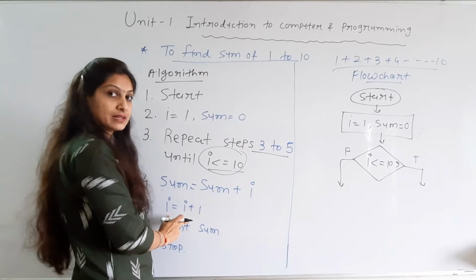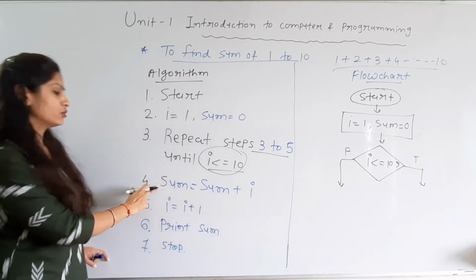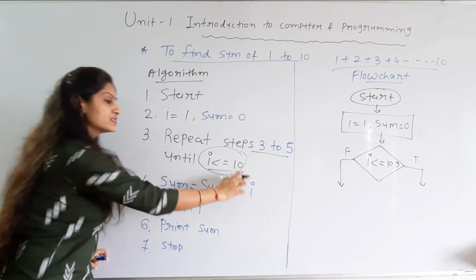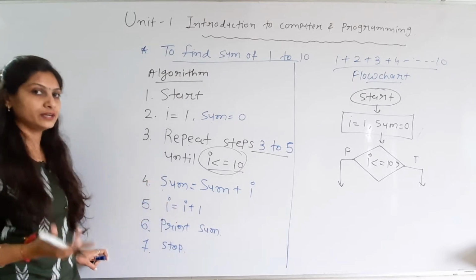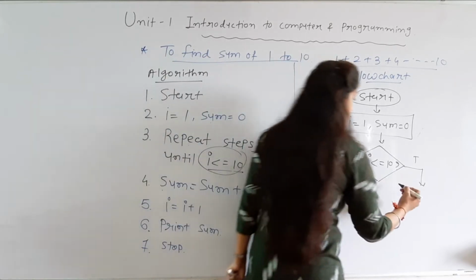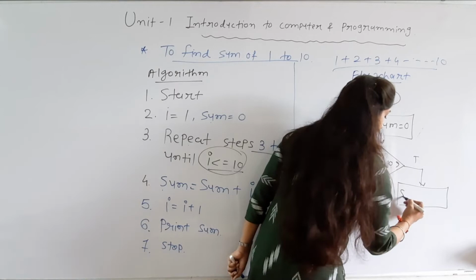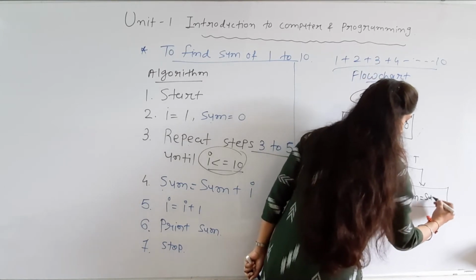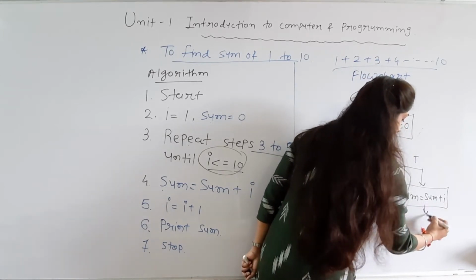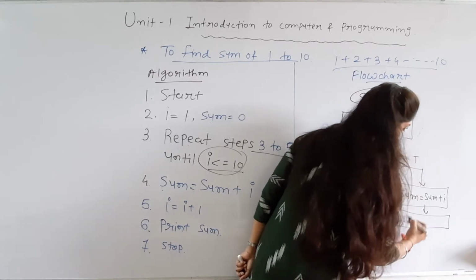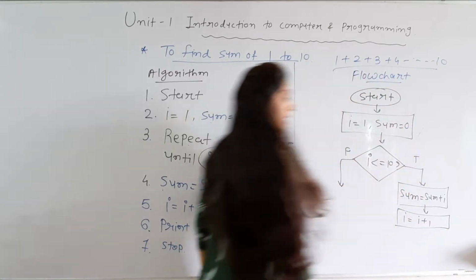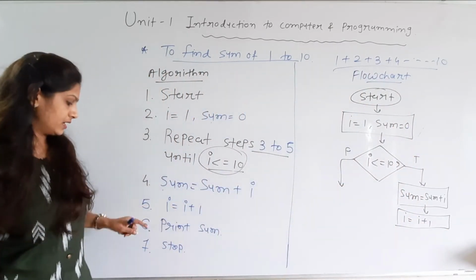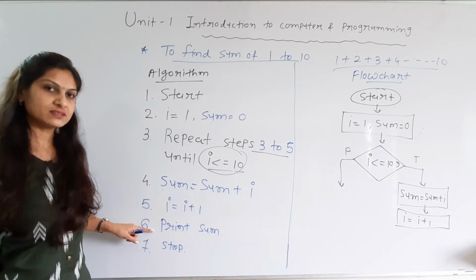These two are calculations. So here you can write in the same shape, also you can write in a different shape. So here the step number is different, that's why I am writing in a different shape. But you can write in the same also. I equals I plus 1. Now we have to move on to the 6th part.